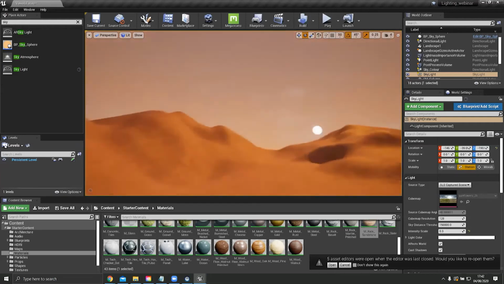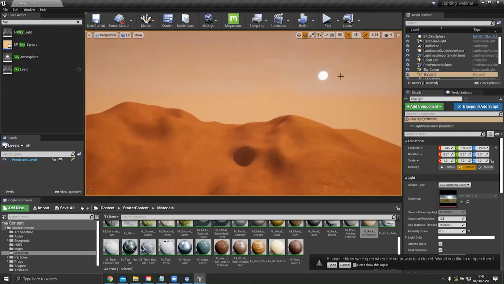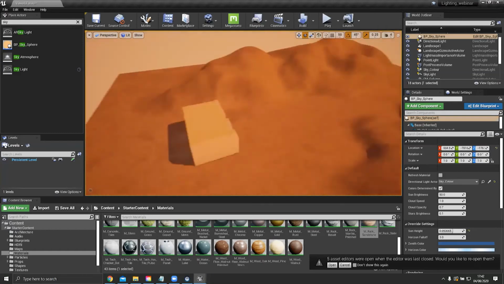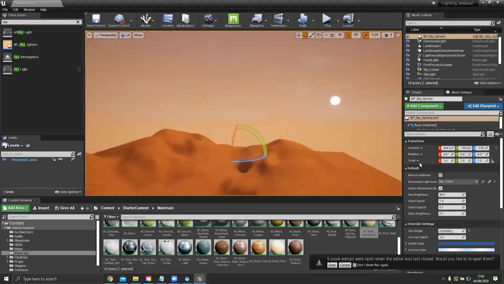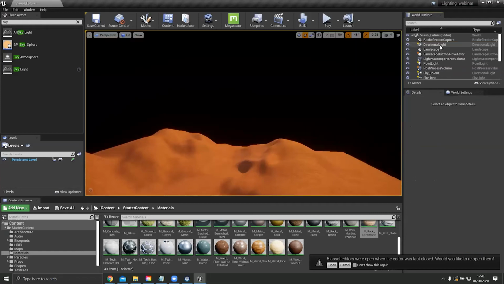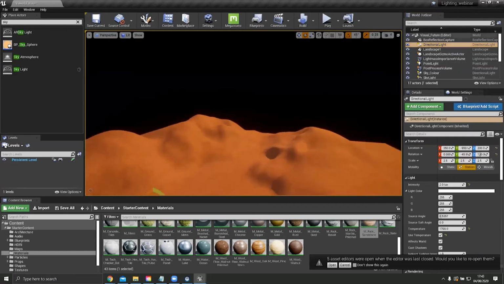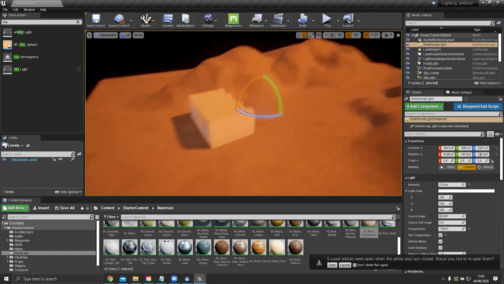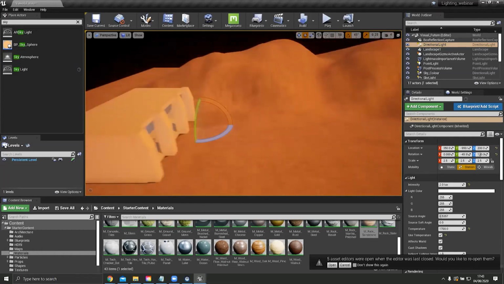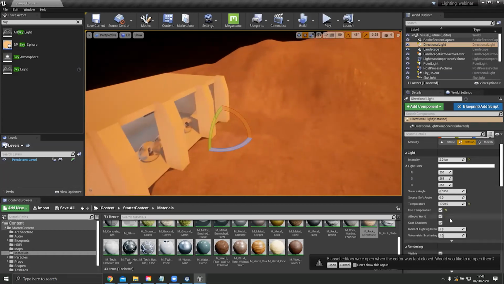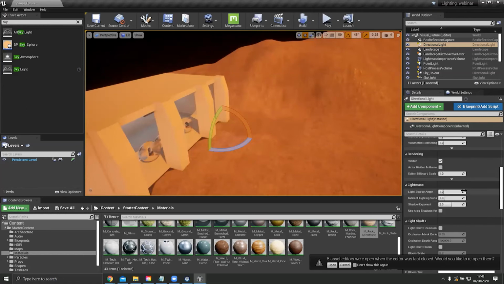Okay, so that's one method of doing skies. I can tweak that and push the bloom and get it to feel a bit more natural. But I'm going to lose that method because a newer version came out in 4.25. Was it 4.24? One or the other, which looks a bit cooler and works a lot better, in my opinion. So with your directional light selected, I can scroll down to